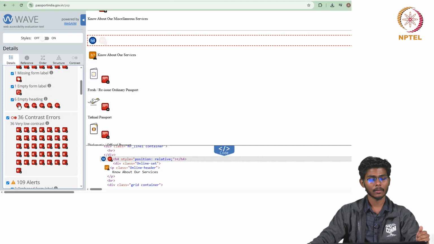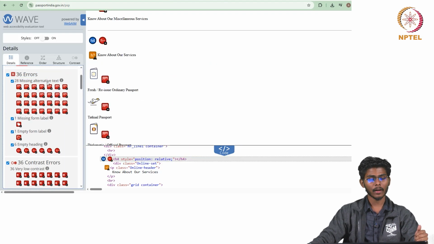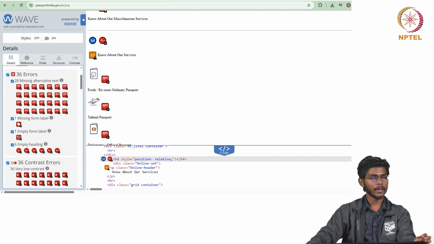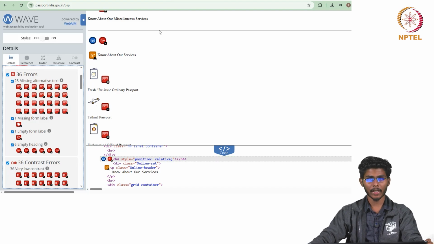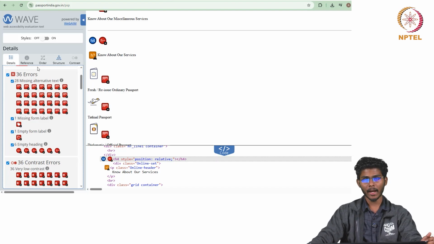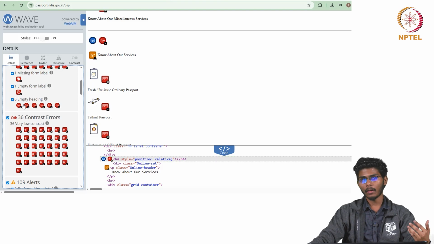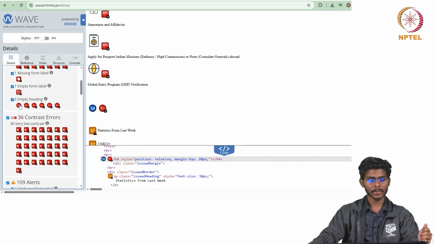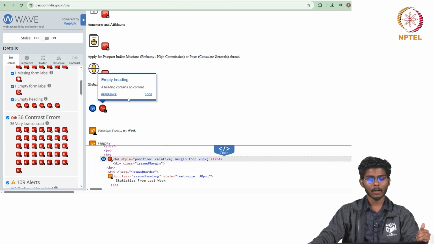And coming to the empty heading. What are these headings? As you can see in the interface, there can be headings from H1 to H6, which are arranged according to the structural components of the website. So, what is this empty heading? Here you can see the H4, a heading that contains no content.